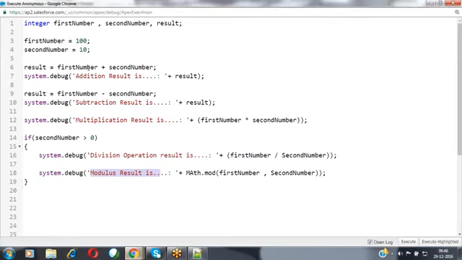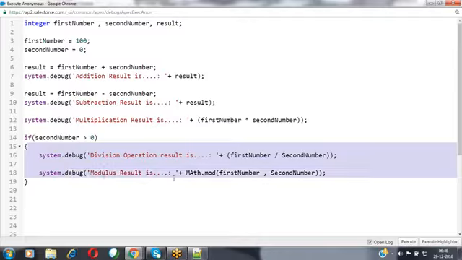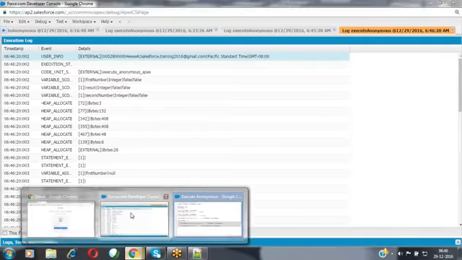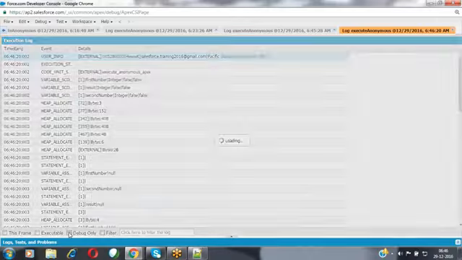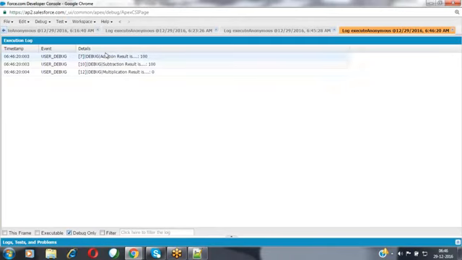For example, if the second number value is equal to 0, then what will happen in this case? Now the second number value is 0, so this condition will fail, and it won't execute these two statements written inside this block. Now click on the execute button. The code has been executed without any errors. Now when you select the debug only, it is providing the result of only these three operations to you: addition, subtraction, and multiplication result.